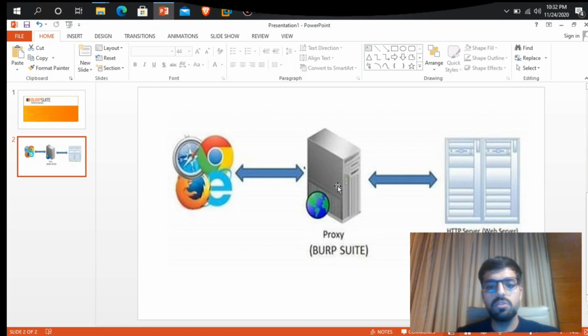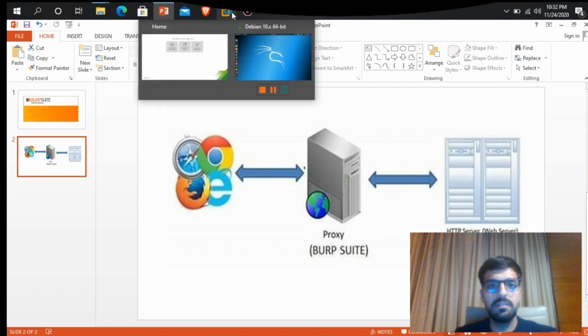For that, we need to set a Burp proxy so that the request goes from the browser to Burp Suite, and then from Burp Suite to the web server. So let's understand how we can set the Burp proxy.